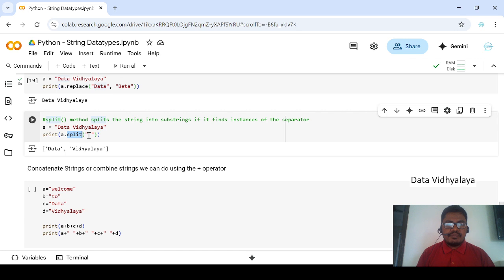Okay, based on the spaces we need to do that. So for example, if we split "data Vidyalaya", you can split it like data as one value and Vidyalaya as another value. The split method splits the string into substrings if it finds instances of a separator. So here the separator is the space value. Whereas you can also split it with